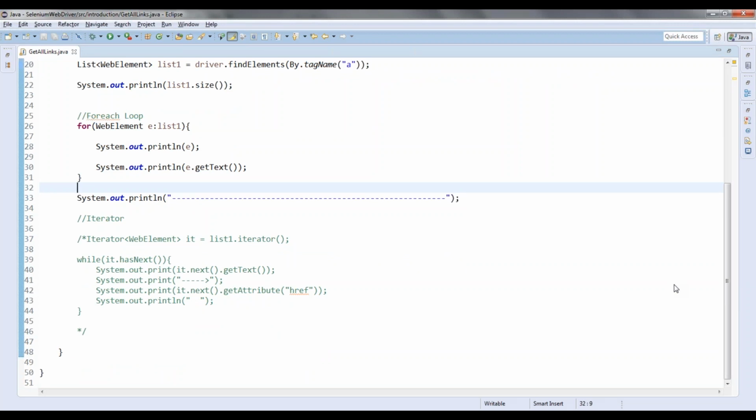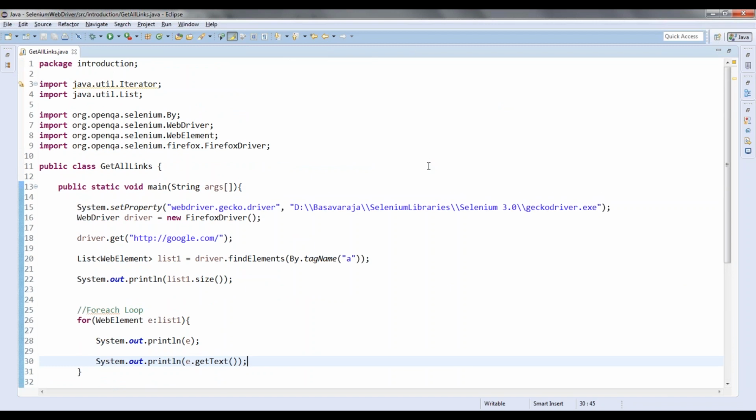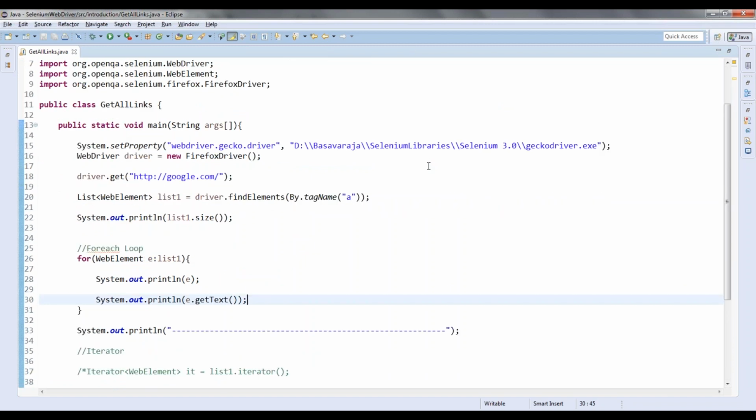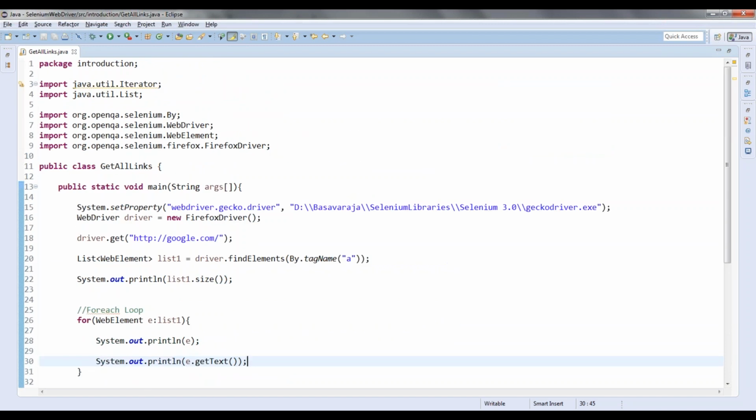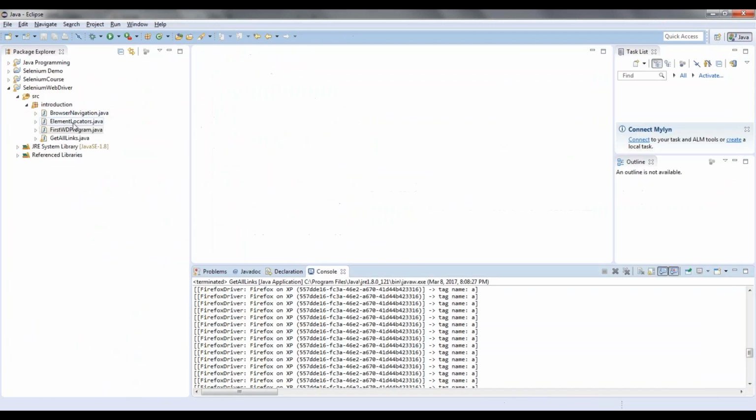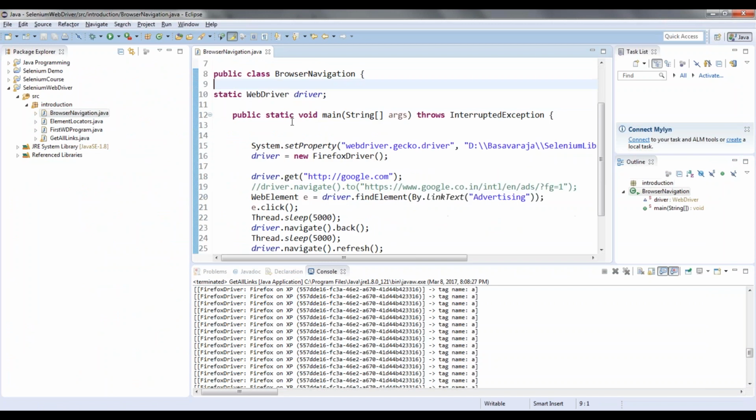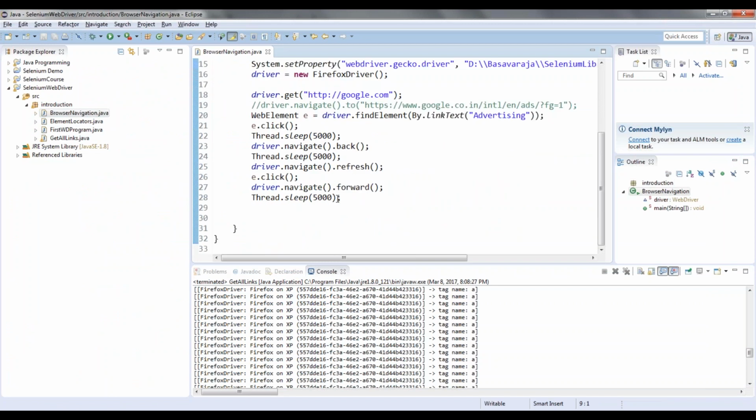No, actually, what I was thinking was, we just started Selenium. Instead of going a bit complicated, let's start with simple methods, get some practice, and after that we can go for something a little more complicated. Sure, that's not a problem. These are simple methods. Whatever browser navigation I have used, these are all simple methods.